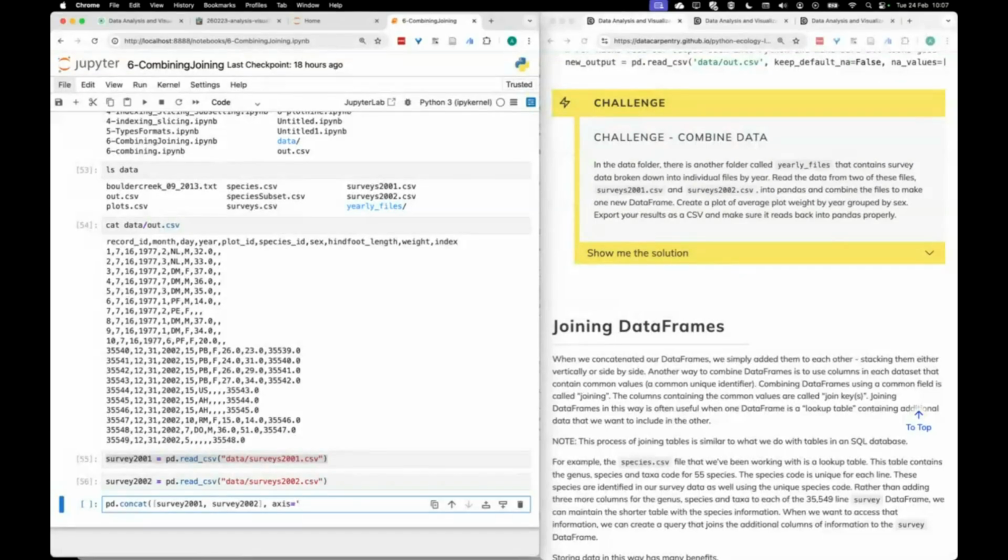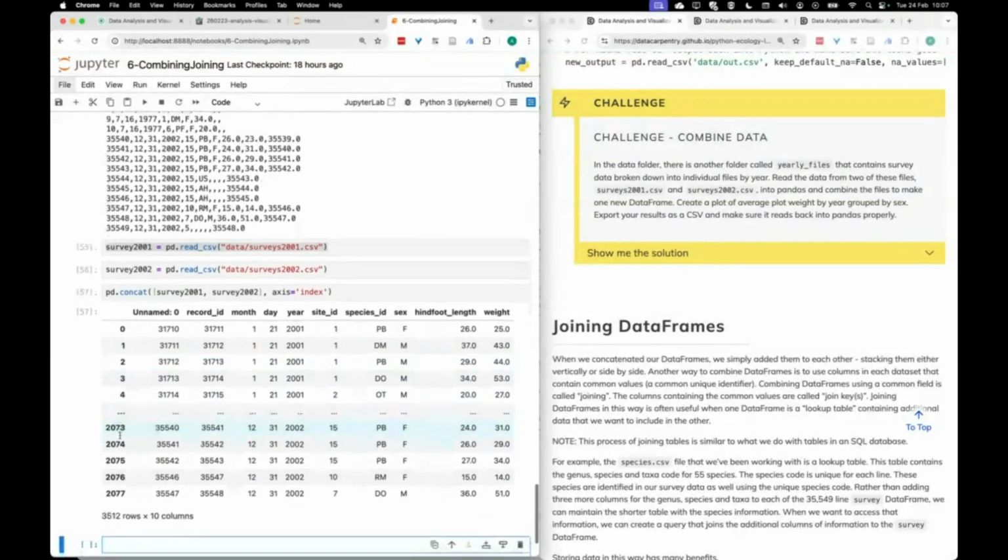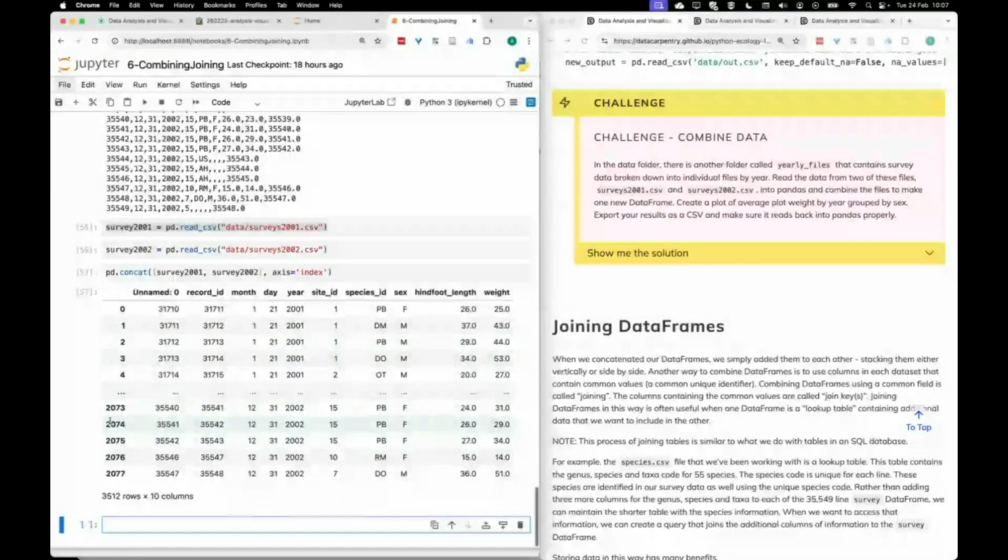So stacking vertically. I'm going to stack by index. The axis equals the index, and let's see what happens. Okay, right. What is a little bit hidden here is that the index isn't going to be